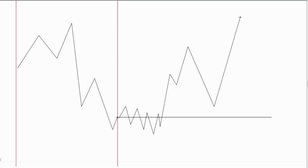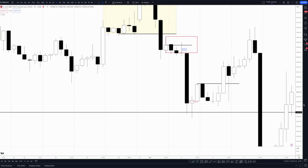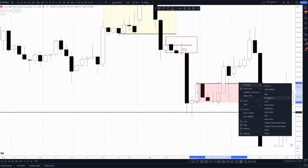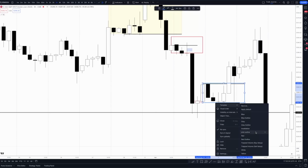What we get the following day is a trade setup like this. Let's go and break it down. Now, in this particular day, it's pretty clear, obviously, because we've got the closing price. We can mark out our consolidation window. And so, of course, we have no idea. Let's say we were looking for shorts here because we had another,